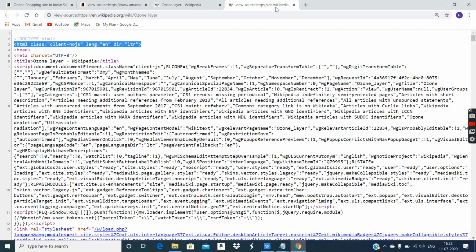Now this is the very simple website, Wikipedia. Wikipedia, you know, is a very simple website which has only textual description mostly, and some images, some tables. Okay, but see the coding. Okay, so here they have mentioned meta charset UTF-8. That means all the characters except Chinese characters, because you can view Wikipedia in multiple languages. Okay, so whichever language you choose, information will be converted, translated into that language. Okay, so all the languages except Chinese.